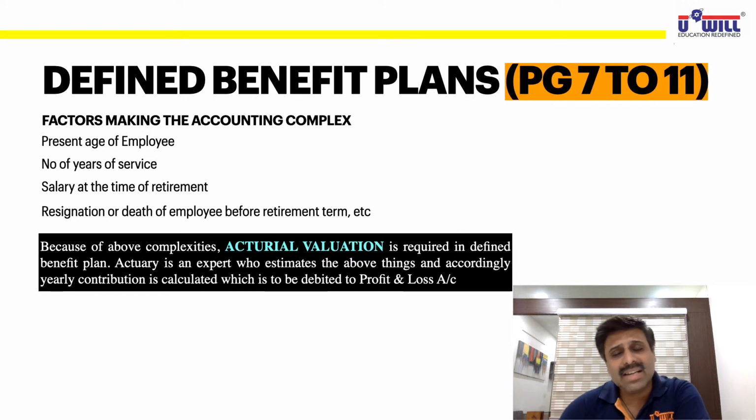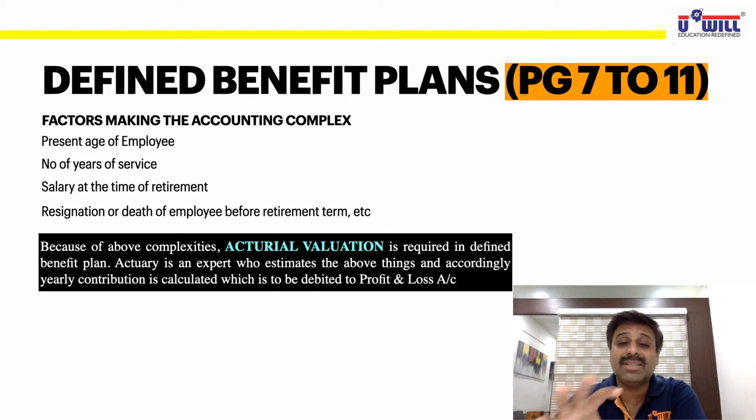So actuary is an expert, and I gave you this example in the last session also, that generally life insurance companies hire the actuaries. It's a certified planner course, and if you do the course of actuary, you'll have lots of value in the market because very few actuaries are there in this country. So actuary is an expert who estimates all these things. What is the present age of the employee? How many years will they serve with the company? When will they die? What will be the salary at the time of retirement? This all is not to be done by the company. Who is supposed to do all this? Actuary is supposed to do. He charges very high fees for doing these things. And his valuation is an expert's valuation, which is more or less accurate.